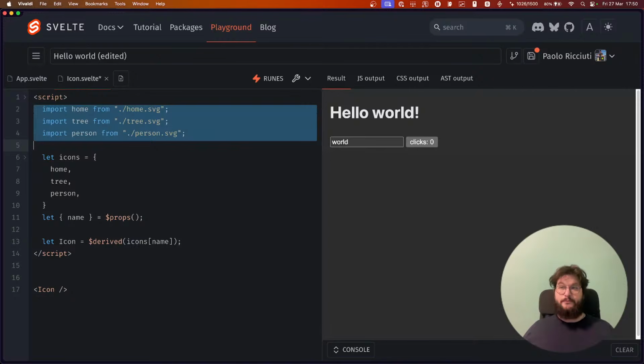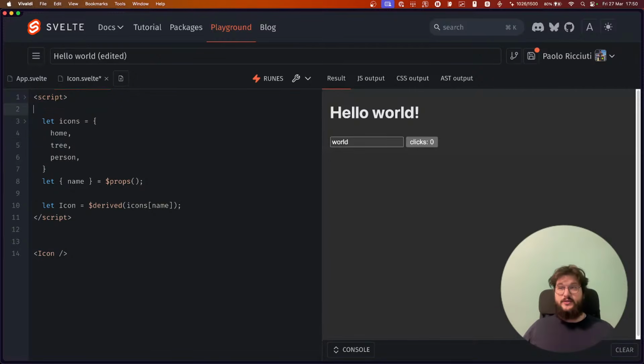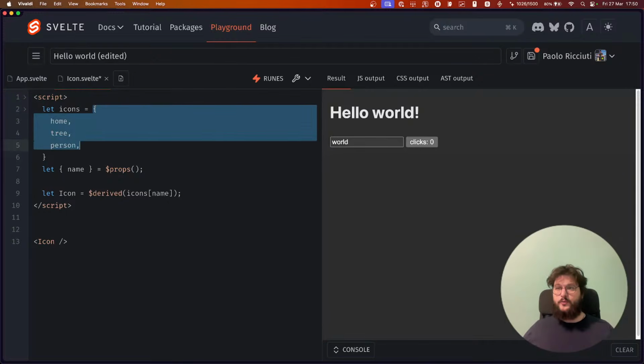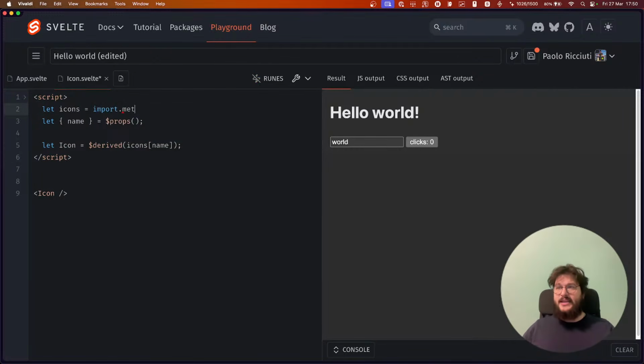And that's actually even better, because with Vite you can do const icons = import.meta.glob, and I could say, for example, something like /icons/*.svg. Now you can actually use this in an eager way.